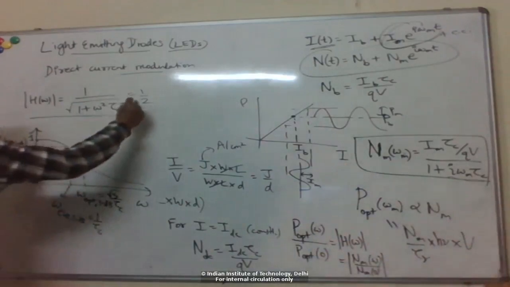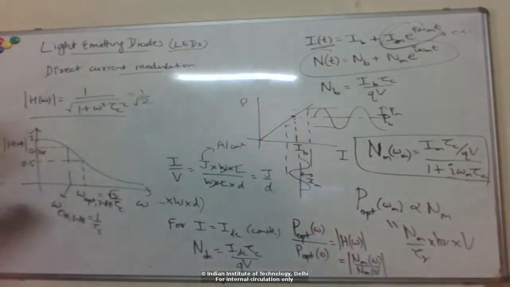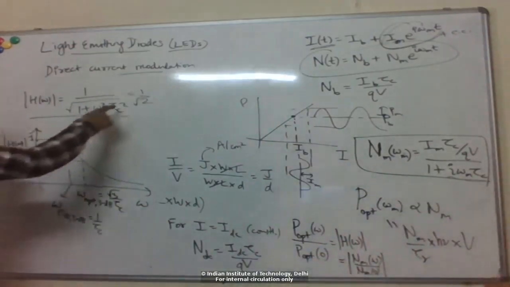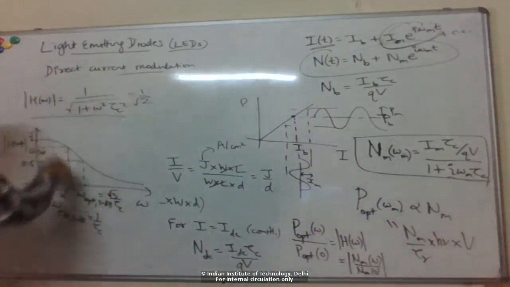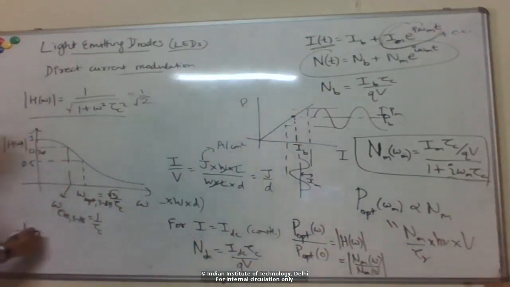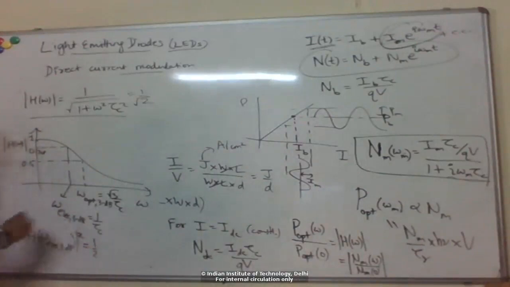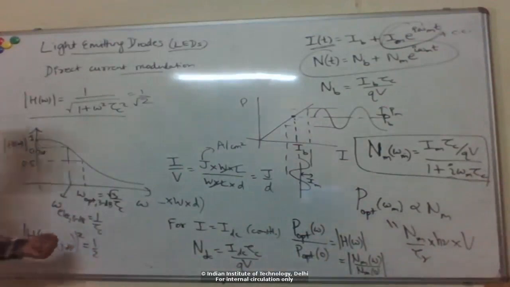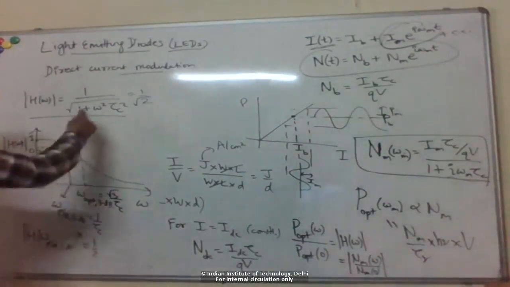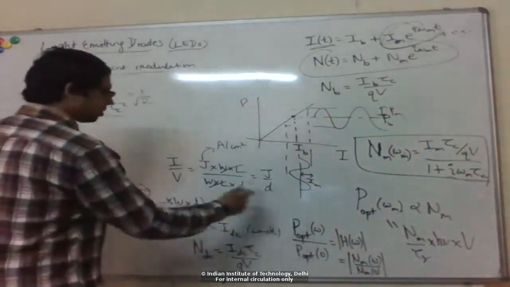Right, so this goes down to 1 over root 2 when this is 1. So when this is 1 over root 2, that's mod of H omega electrical 3 dB. Mod of H omega squared is half at that frequency, right? And so that's known as the electrical 3 dB frequency, because if we detect the light coming out of this